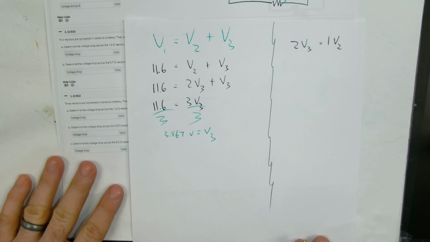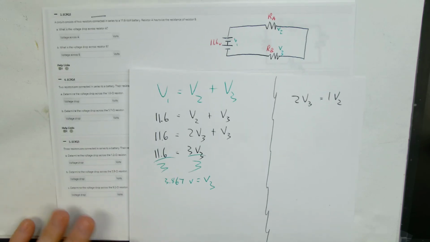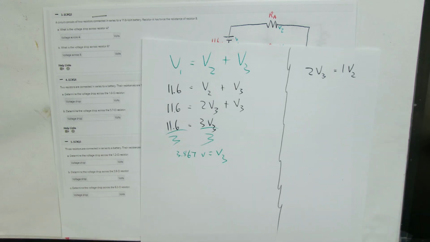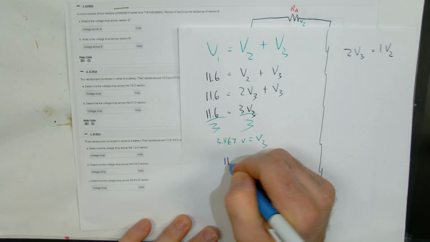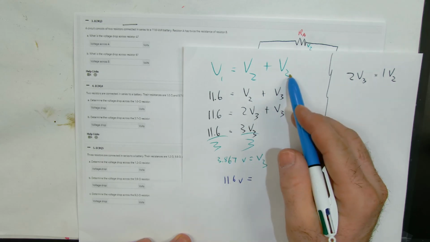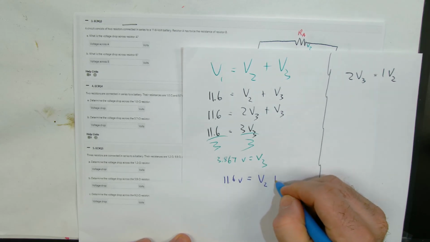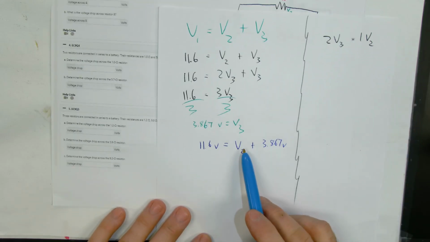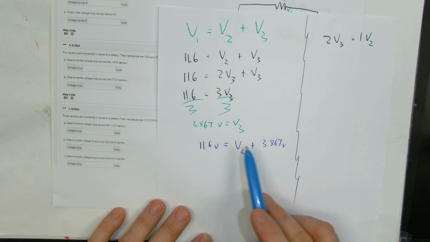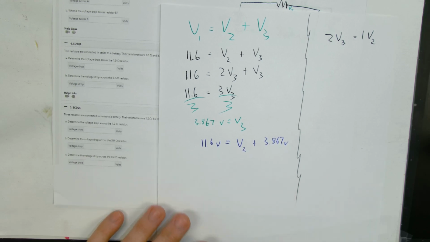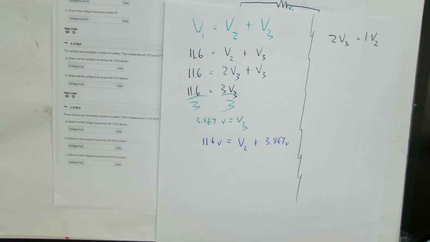The original question was, what is the voltage drop across both of them? So V3 we've established would be 3.867. To find the other one, we would simply take 11.6 volts, go back to this equation, which is going to be equal to, now that we know V3, and then we can solve for the unknown by subtracting 11.6 volts minus 3.87, and we would, in fact, find out what that is. I'm not going to do that for time's sake, but that would be your final steps to solving